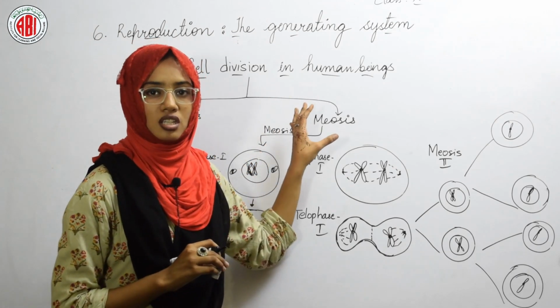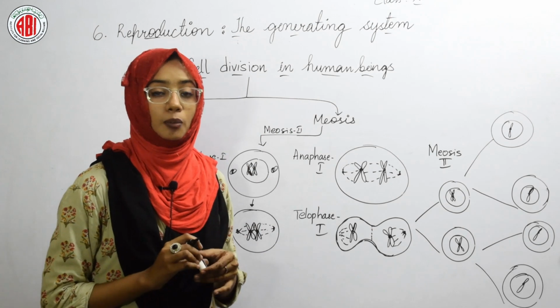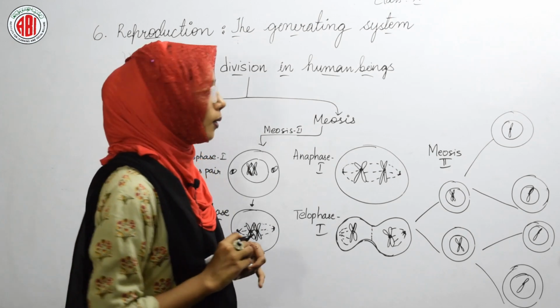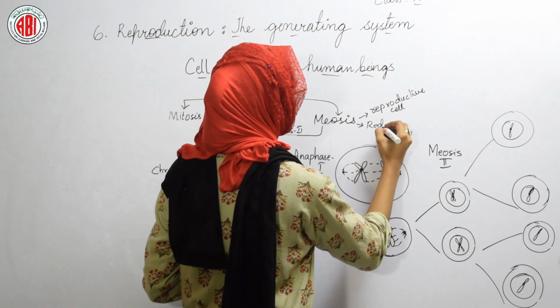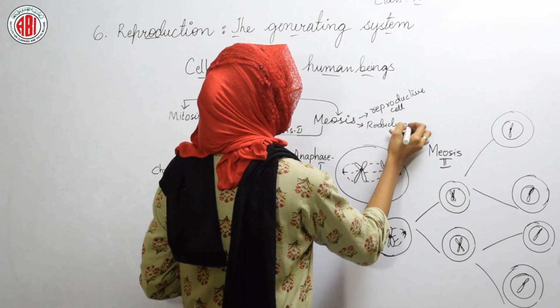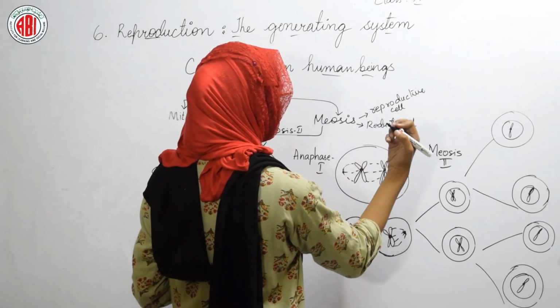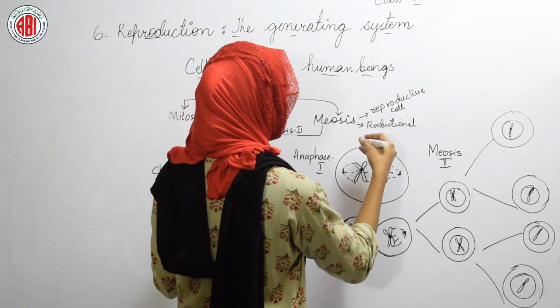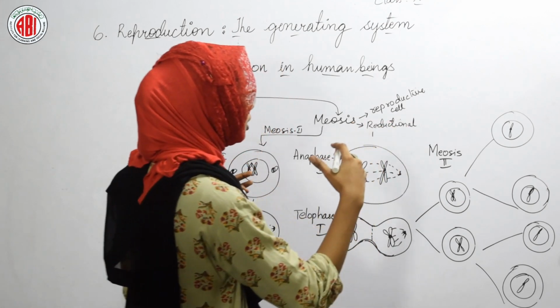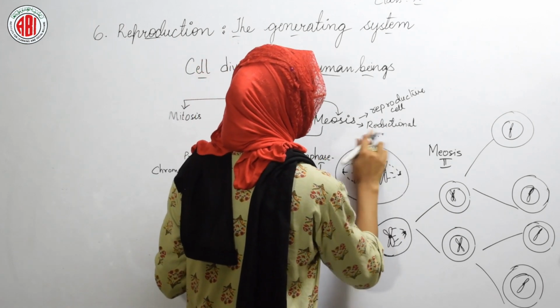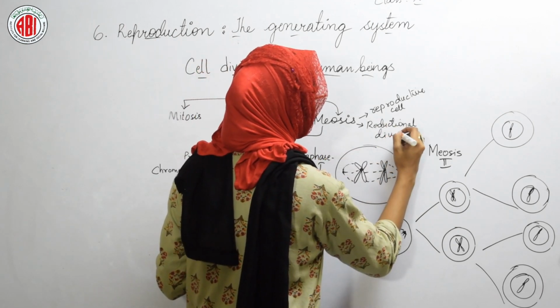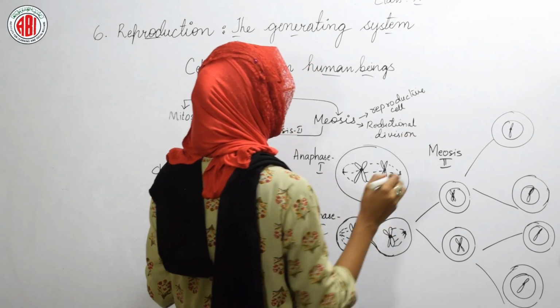Meiosis is a process by which the reproductive cells are divided, and meiosis is also called reductional division, because the daughter cells formed by meiosis have half the number of chromosomes of the parent cells. So it is called reductional division, as the reduction of the number of chromosomes takes place in this type